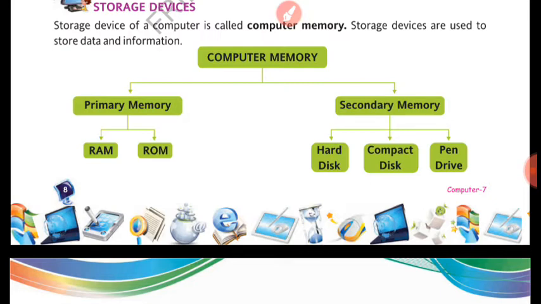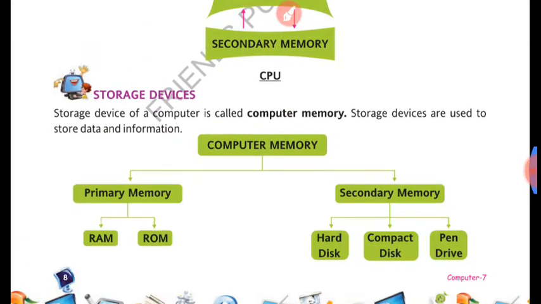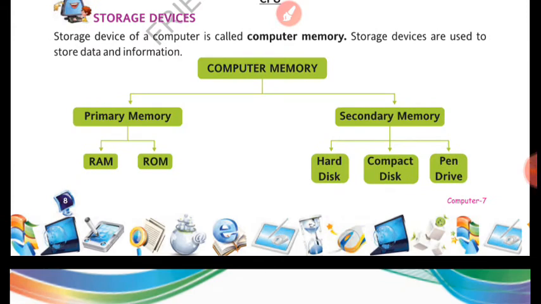So RAM, random access memory. If the CPU wants the data in very quick time, the CPU generally uses this RAM. Read only memory, in this what happens? Some data is permanently stored, and whenever the power is on, some data is fetched from the secondary memory. So this is read only memory. We can only read that. We can't write that.